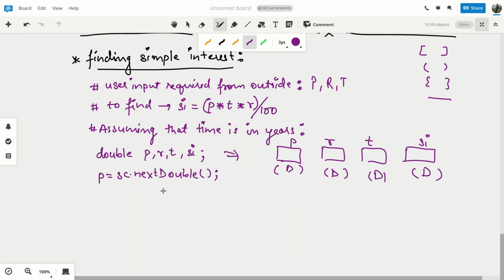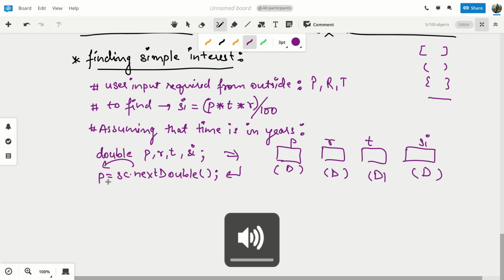So this statement will ask the user to provide one number with a floating point value, that means with decimal points. It will allow the user to enter numbers with decimal points, and that number once provided will be put in the variable labeled as P.